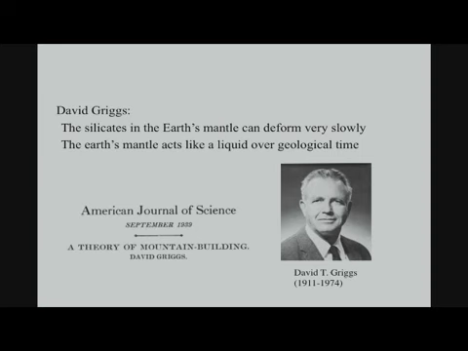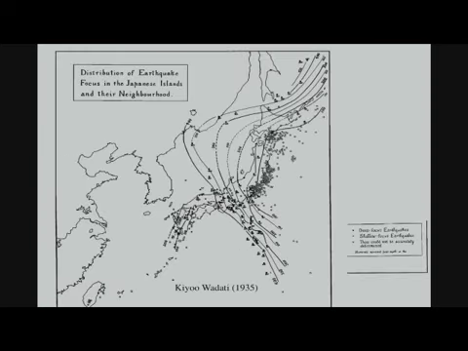A very important contribution, which Griggs doesn't name in the article, was made in Japan by Mr. Wadachi. That's how you pronounce the TI. And what he did was to have very good evidence for deep source earthquakes going down to 600 kilometers or thereabouts below Japan. And here is a map from him from 1935, showing very deep earthquakes below Japan,